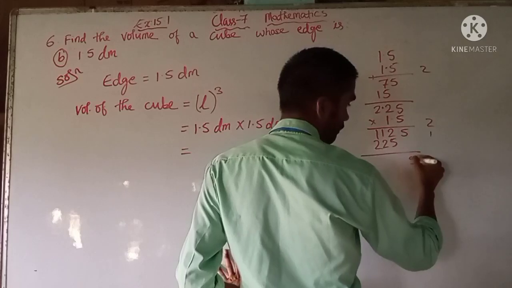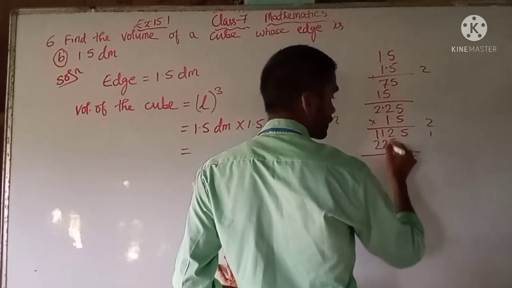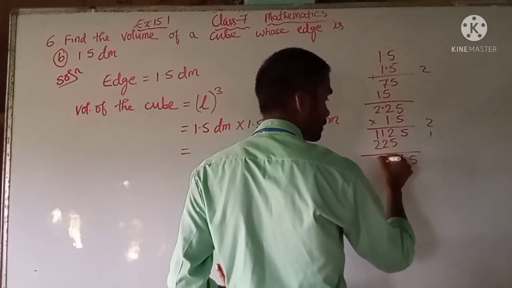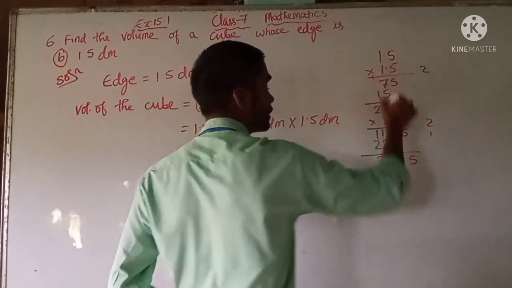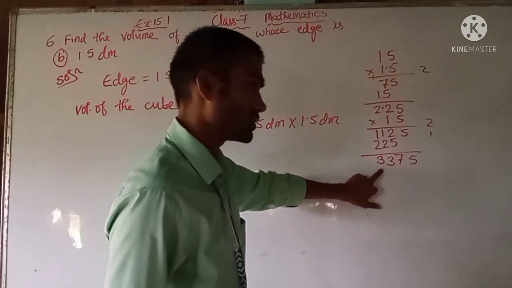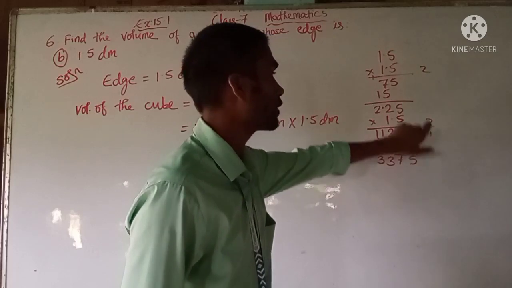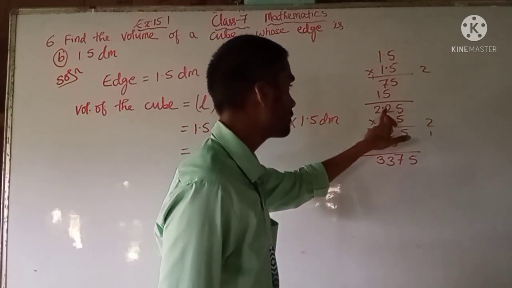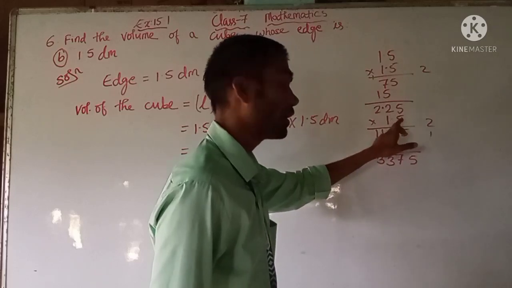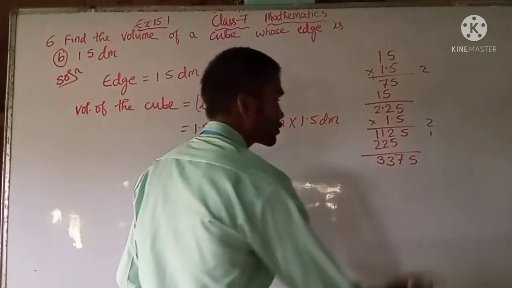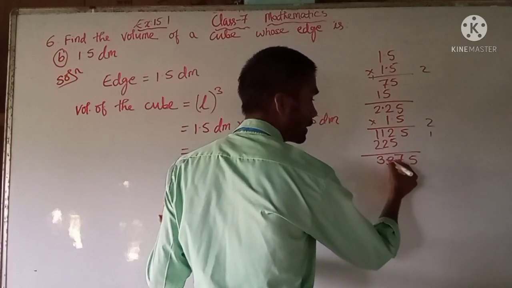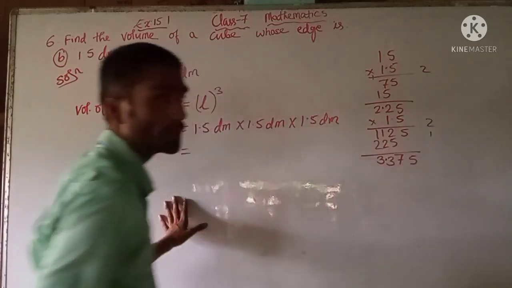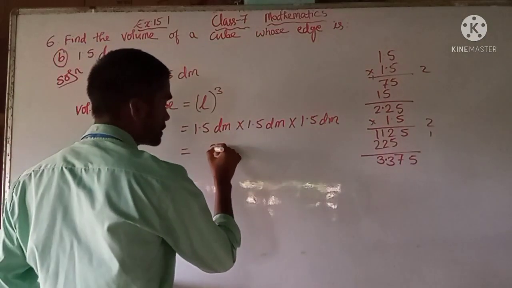So now here 5, 7, here 3, 2 plus 1, 3. So here also we got 3,375. Now we will count the total decimal digits, that is after the decimal point, here it is 2 digits and here 1 digit. Total 3 digits are there. So we will count from here 1, 2, 3 and we will put the decimal point here. So the answer that we got is